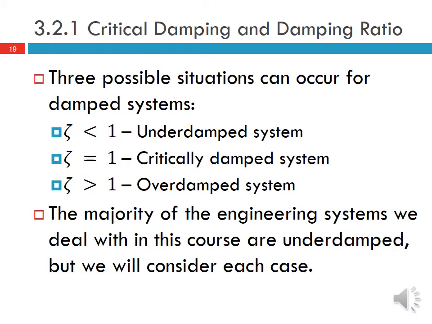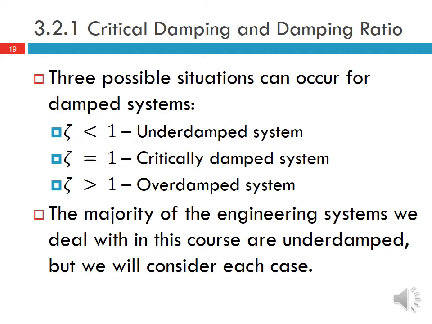So now we have three possible situations that can occur for damped systems. Zeta can be less than 1, which we call an underdamped system. Zeta can be equal to 1, which is a critically damped system. And zeta can be greater than 1, which is an overdamped system. Now, the majority of engineering systems that we will deal with in this course are underdamped, which, as we will see, gives us this oscillatory behavior